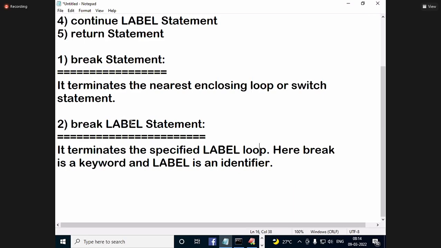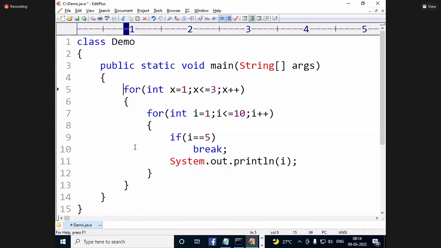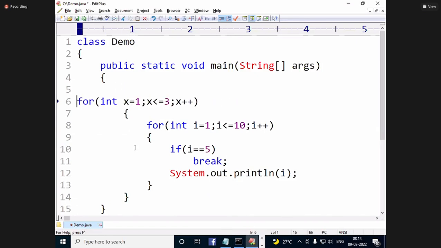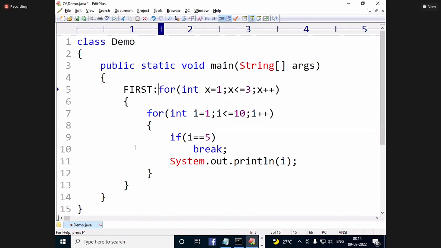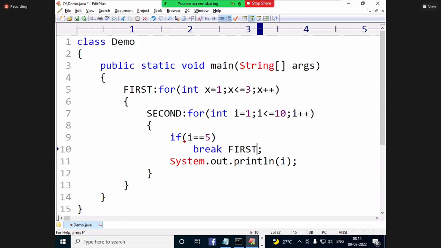Here I'll write one label, first, and here a second label. Here if I write break first, then what will happen is the first loop is terminated, coming out of the first loop.